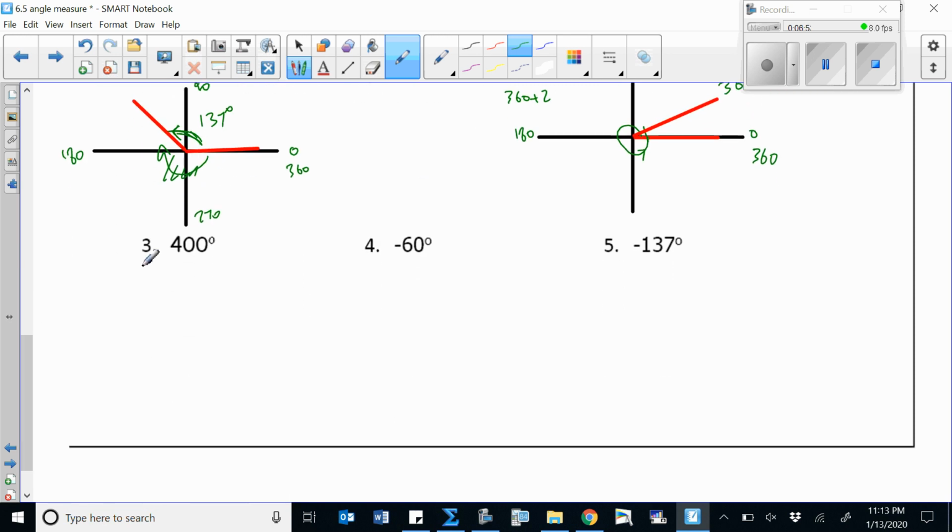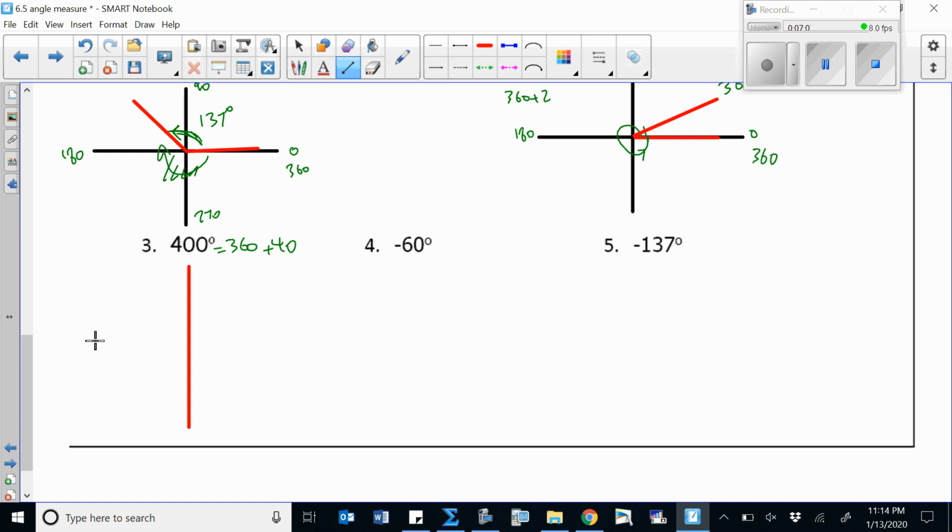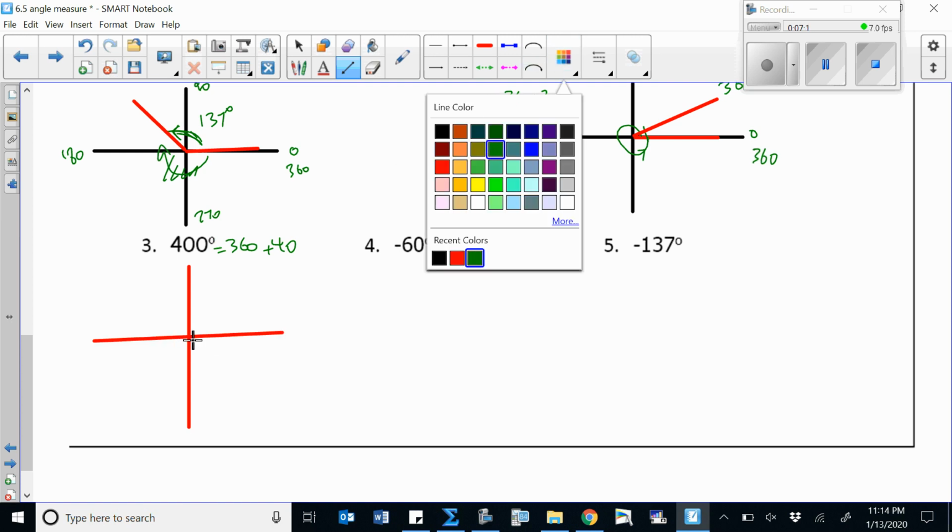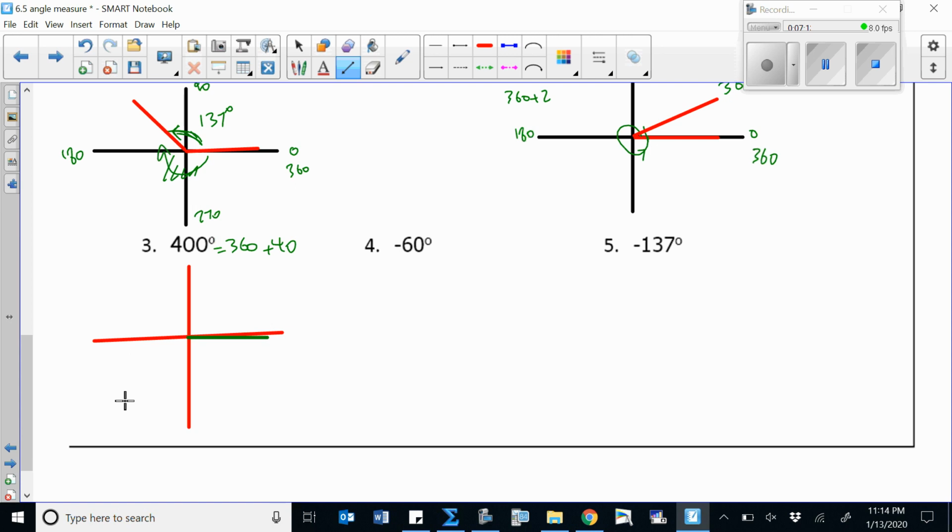Okay, now 400. We know that 400 is a little bit more than 360. It's actually 360 plus 40. So to draw this angle, again, I'm going to do something like that. So I start from here. This is my initial side. And then to